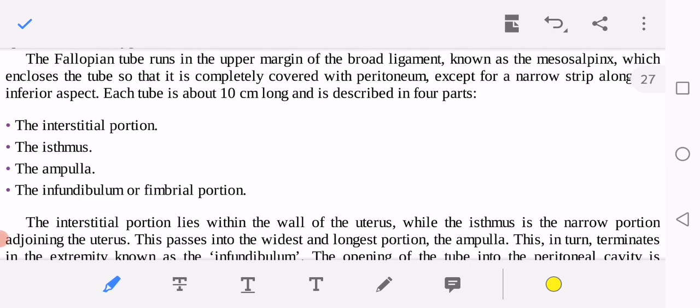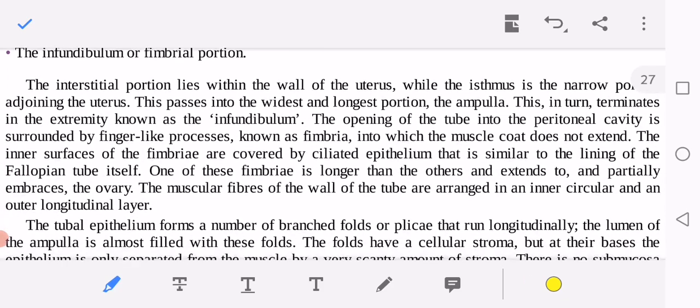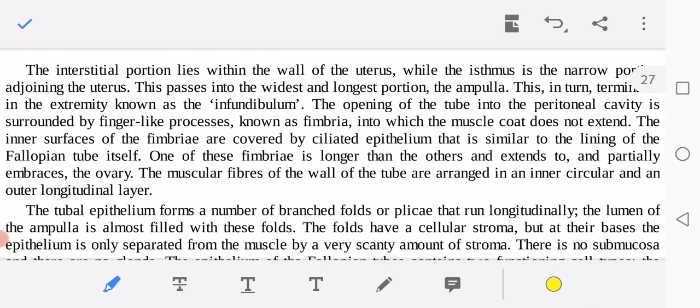Each tube, how long is it? It is 10 centimeters long and it has 4 parts: interstitial portion, isthmus, ampulla, and infundibulum with fimbrial portion. So the interstitial portion lies within the wall of the uterus, while the isthmus is the narrowest portion adjoining the uterus, and this passes into the widest and longest portion, the ampulla. So which one is the widest and the longest portion? The ampulla. And which one is the narrowest portion? The isthmus. Okay, and this in turn